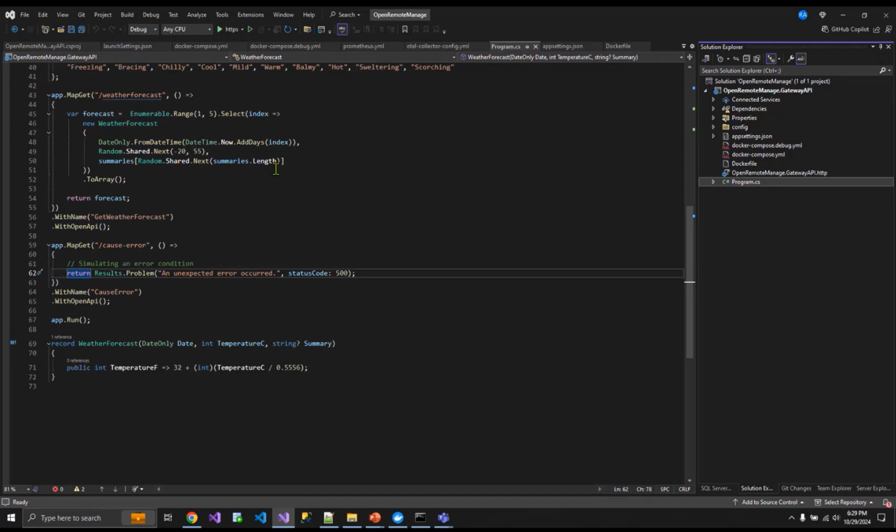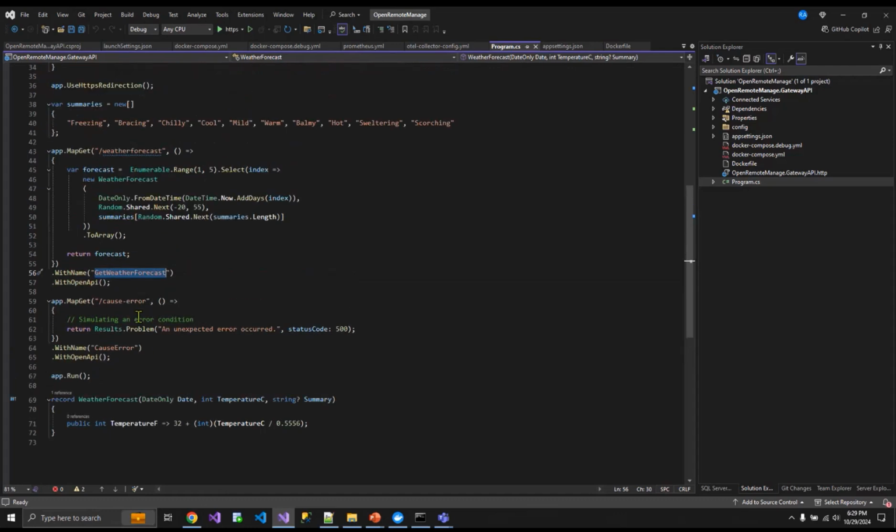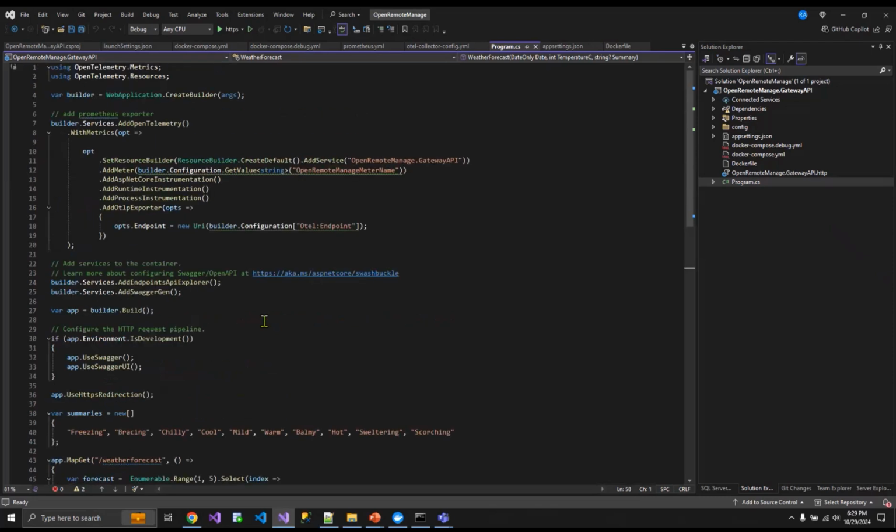In the Program.cs file, you can see I'm just using what is available after you create a typical ASP.NET API project. It gives you this weather forecast. I added just this line to throw some error. Other than that, all we have to do is